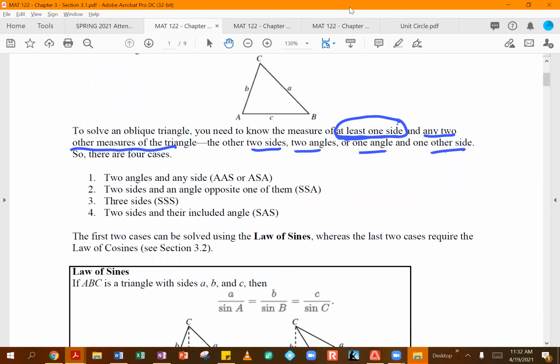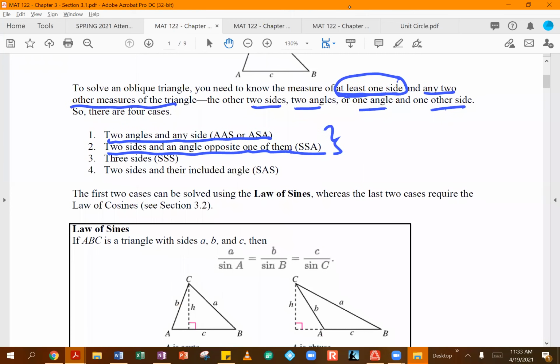So these actually break down into four different cases. You can have two angles and one side, so those would be the cases of AAS. So you have two angles and a side, or, depending on whether the side falls between the two angles, that can be ASA. You can have two sides and an angle opposite to them. That is your case of SSA. These are the two cases we are going to be talking about in this section using this idea of law